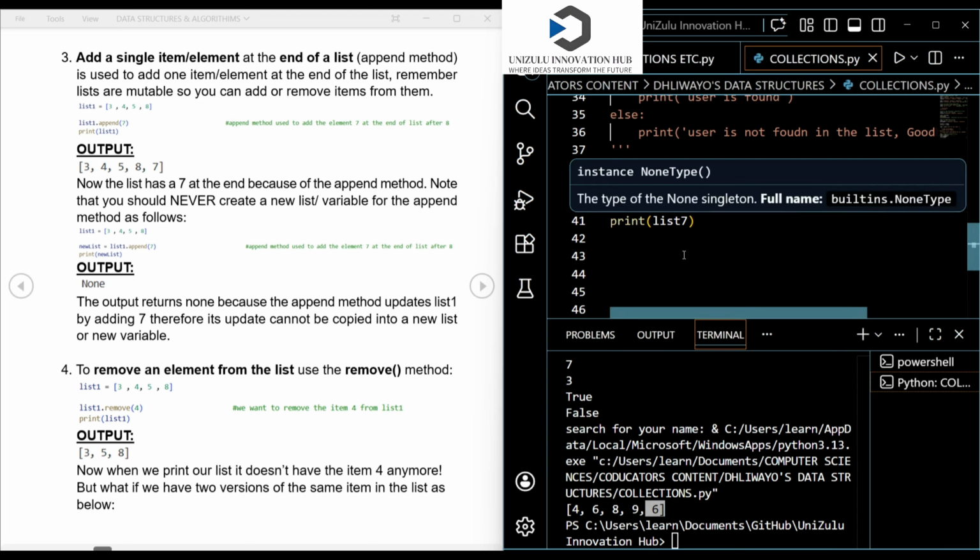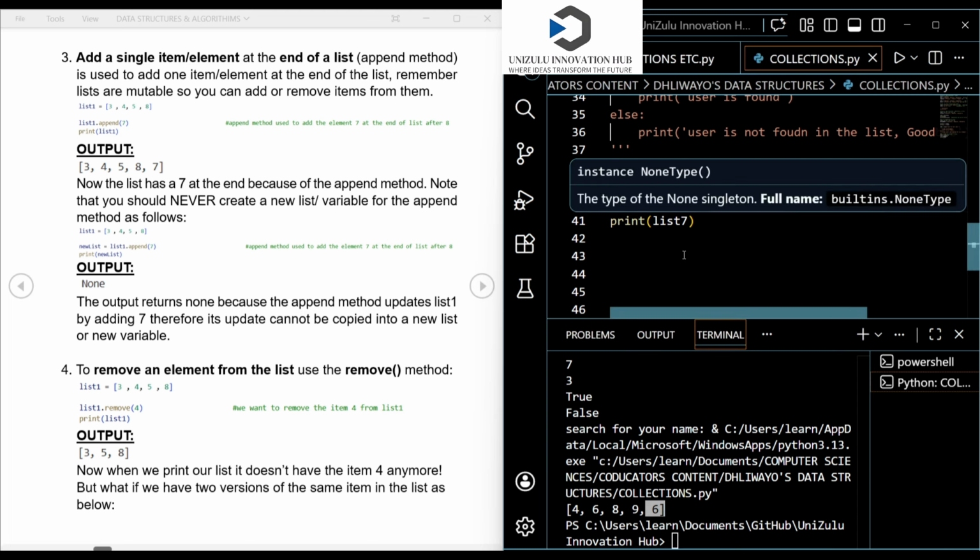Let me say I want to create a new variable, call it new list, and I say this new list is going to be list 7 dot append 9. Okay, let me just remove this append 6 for now, for a reason.